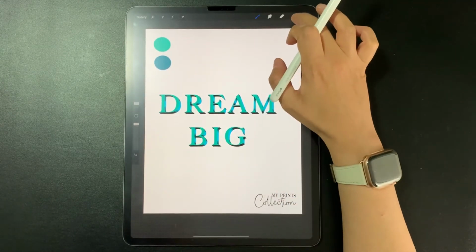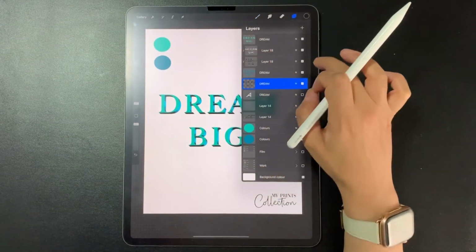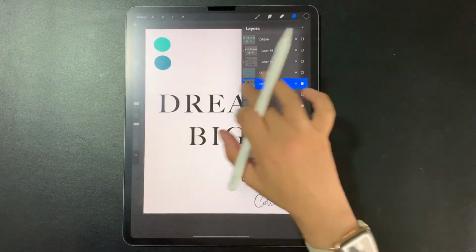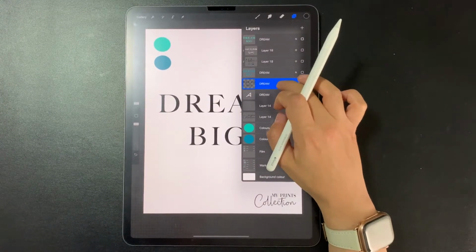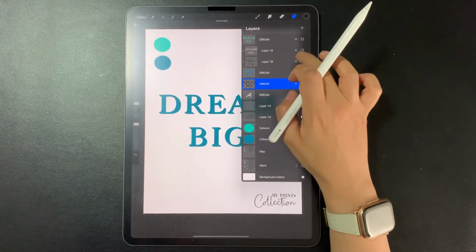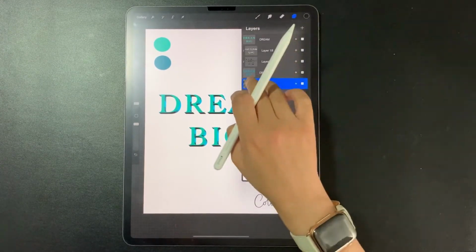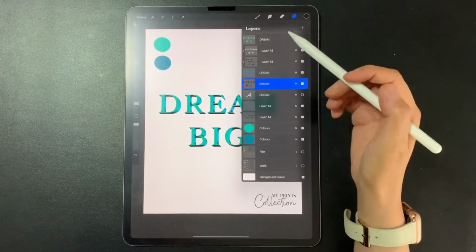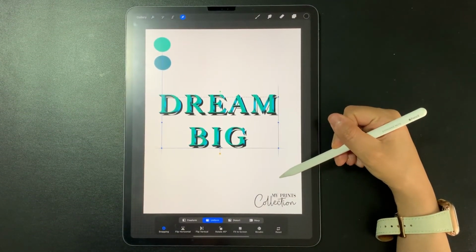Go back to your layers, click on the layer, fill layer, and now you can see that it's filled with black. So now I'm gonna turn these on again, and I'm gonna, with 2 fingers, click over here, select this, drag it over here,